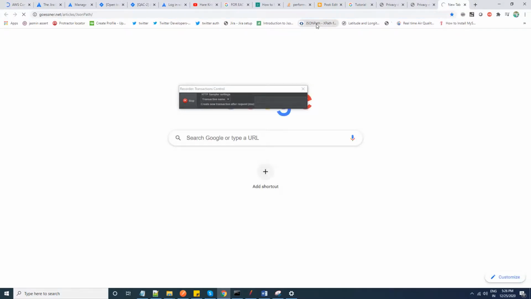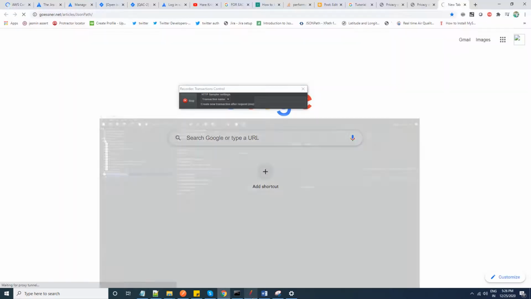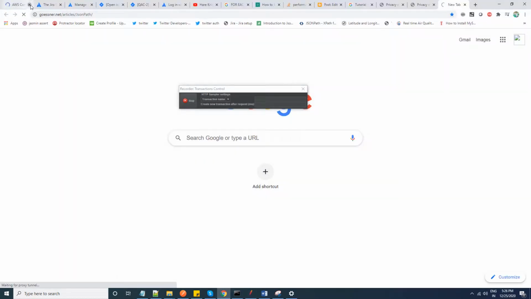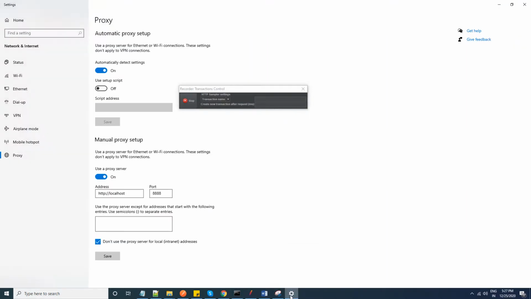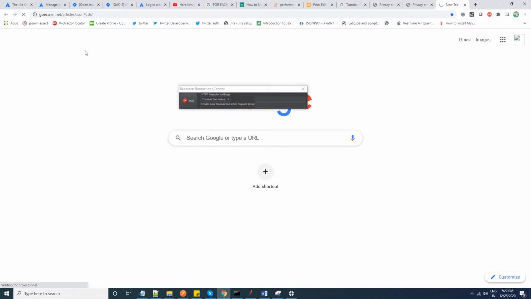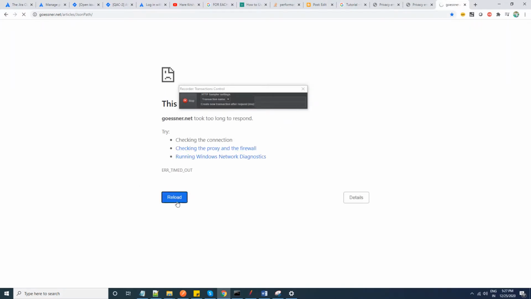And if we see some other page, like JSON path extractor, I'm opening this one and we'll check whether it's recording or not. So it's taking a long time.